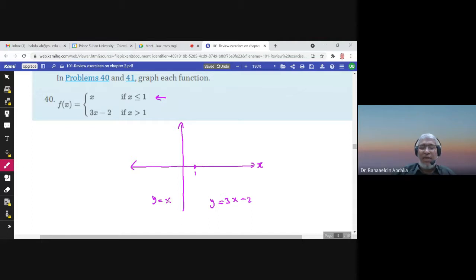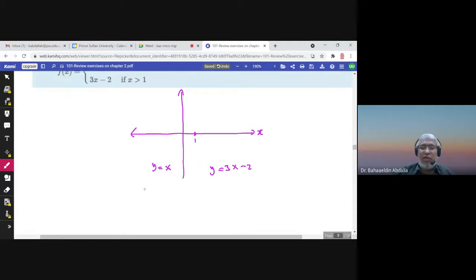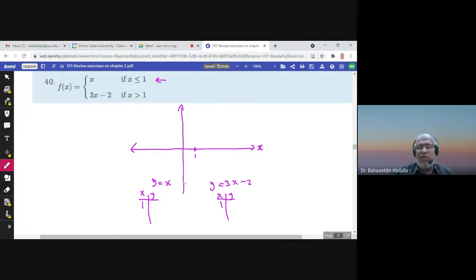So I replace x here. You can make a table of coordinates. Okay, you choose 2 points. I choose 1 here and 1 here because 1 is the number in the middle. Greater than 1 there is a definition, less than 1 there is another definition. So I have to use 1 here and here. If x is 1, y here is 1, and if x is 1 here, 3 minus 2 is also 1. So at 1, 1,